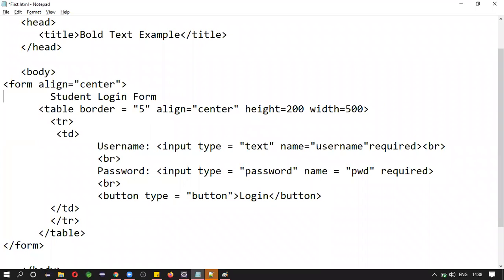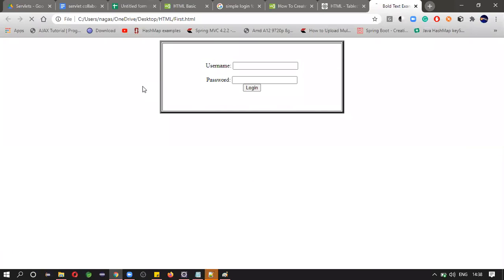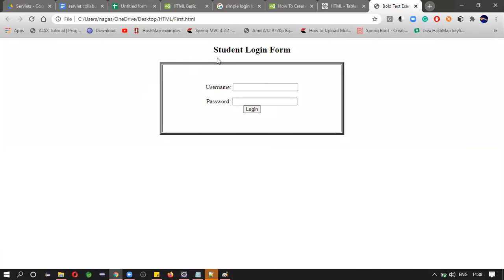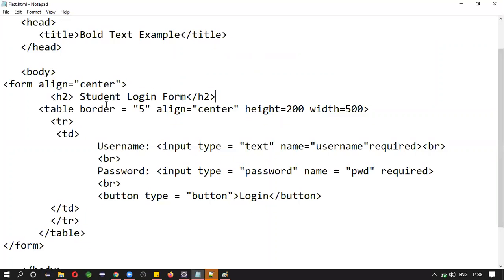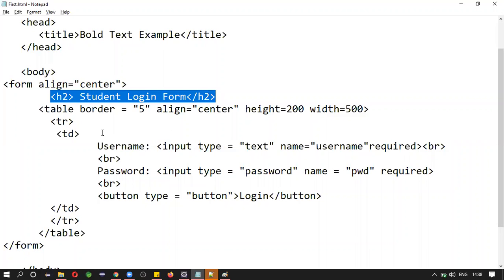I will display this in big font. It is printed above the student form. Suppose it's fine. This is a table, right? So that's why I didn't print inside. If I mention this code inside here, it will display.